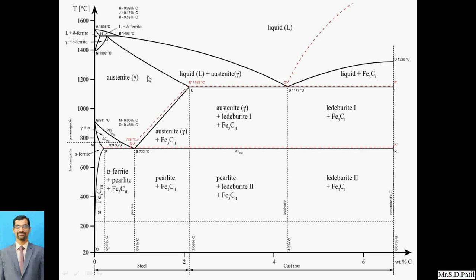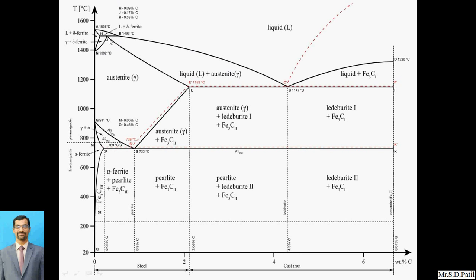Whatever term is present over here will be the austenite, denoted by gamma. And above this particular temperature of austenite, it will be delta ferrite. Here it has been shown, that is the delta ferrite. These are the three main phases in this Fe-Fe3C diagram. So first you have to understand, this will be alpha ferrite at 727 or 723 degrees Celsius. When the temperature goes up to 1153 degrees Celsius and up to